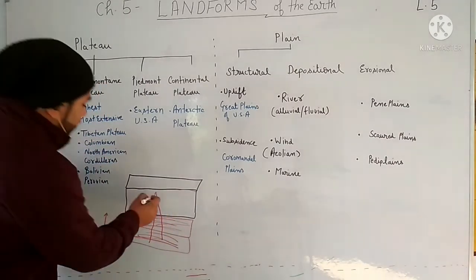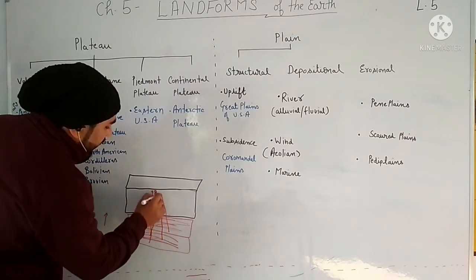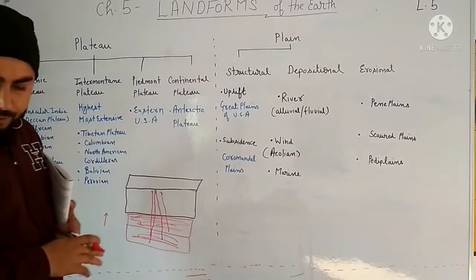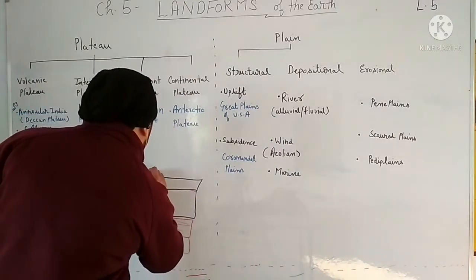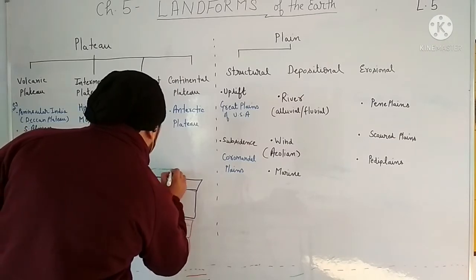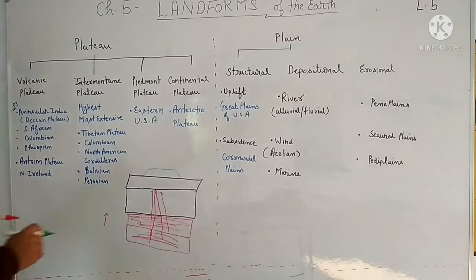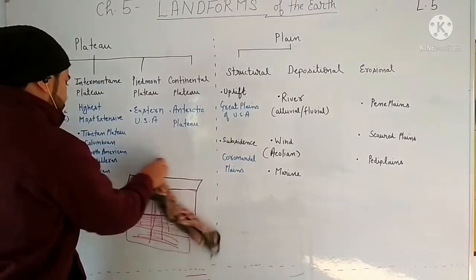So what may happen when it will apply force on this layer like this? This one area may rise upside, okay, it may rise in this manner, right, in this manner. So one plateau will be formed, okay, one plateau will be formed. Or what can be done in other ways? In other ways, suppose